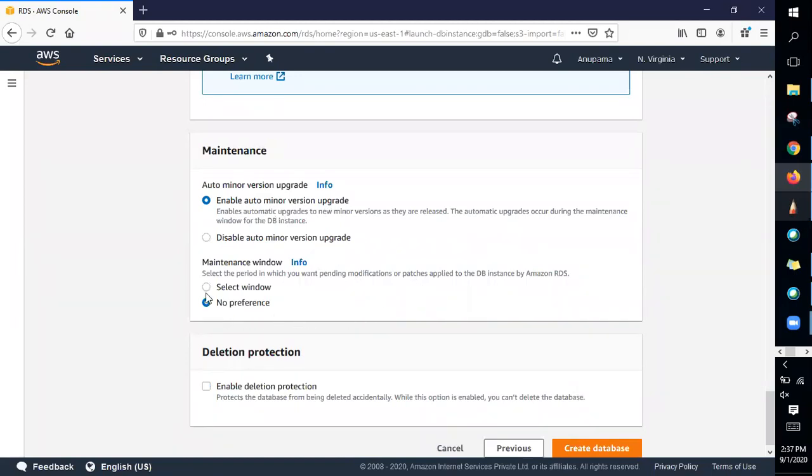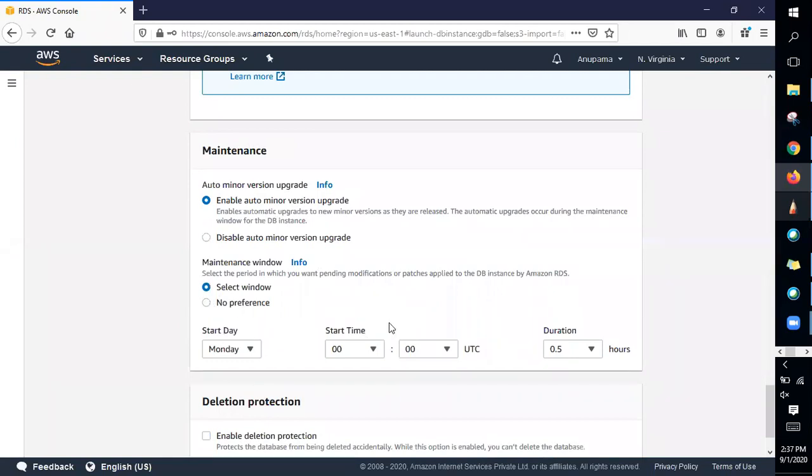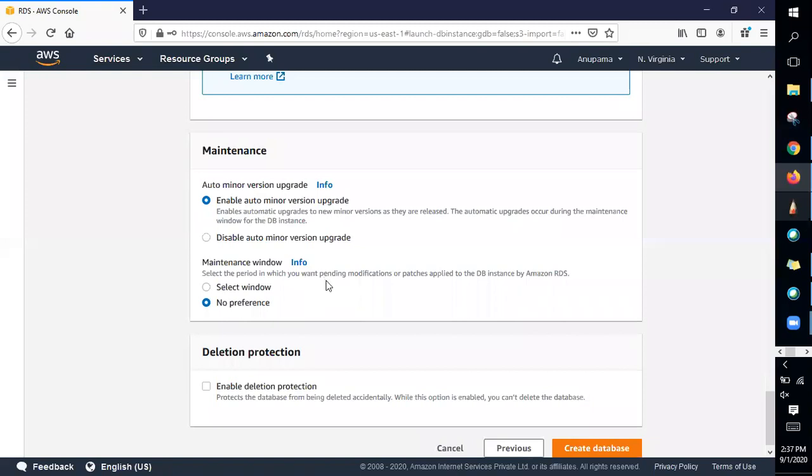And you can also define on what day, at what time, and for how much duration, so that at that time AWS will take care of the automation or upgradation. Okay. And if you don't prefer anything, AWS would upgrade it at its convenient time.